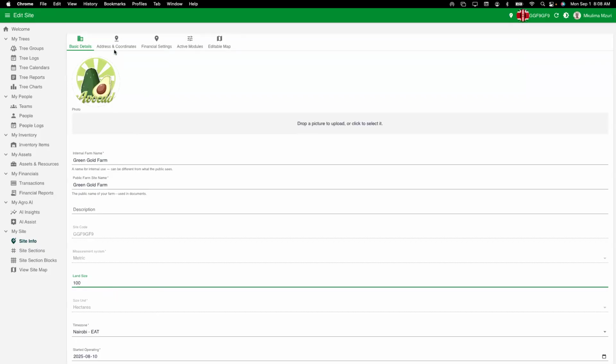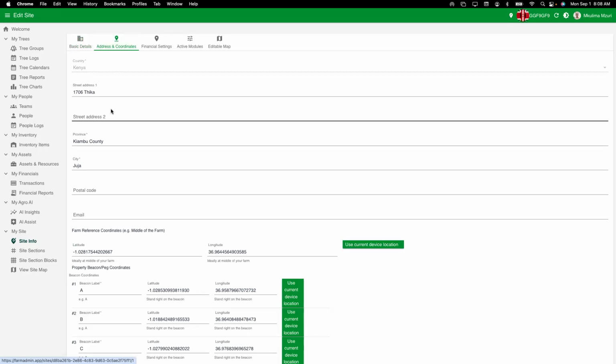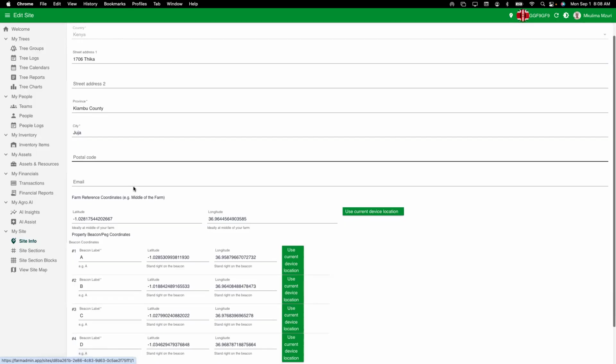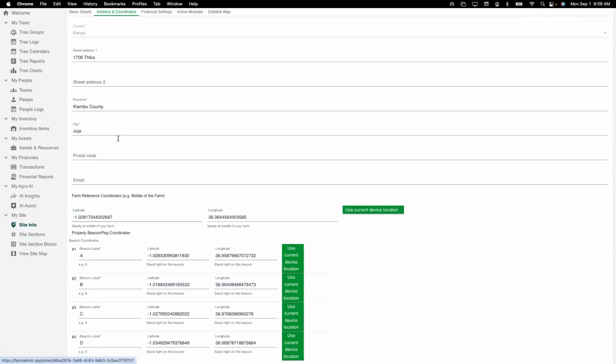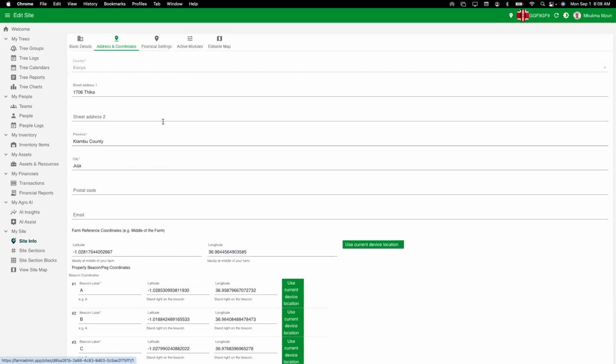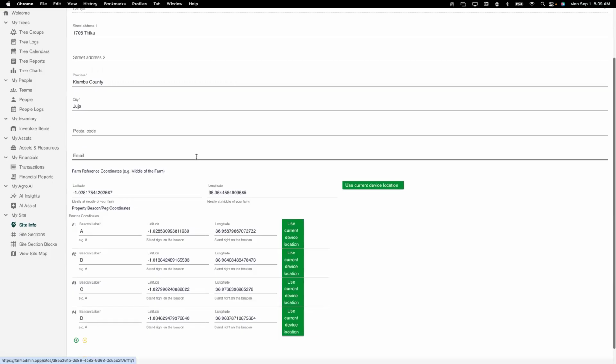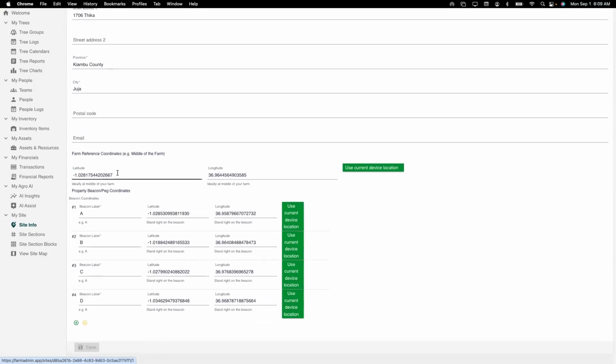Under site info, you see we have 5 tabs here. And if you didn't have some modules like finance modules, the financial setting module wouldn't be there. But there's address and coordinates. So here you specify the address of your farm location, and you're going to see that these things start to show up in places like your reports and your invoices and things like that. For reference,